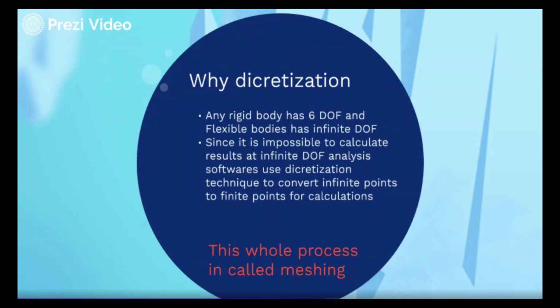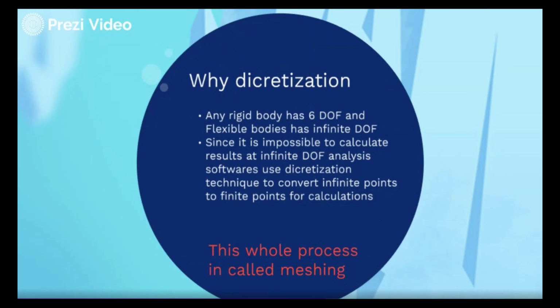Since in rigid bodies the distance between any 2 points will be equal even if any external load is applied on it, all particles in the body will move as a single system, so it will have only 6 degrees of freedom, 3 translation and 3 rotation. But in a flexible body, every particle will have different degrees of freedom since there is no constraint for any 2 particles in a flexible body. Hence, a flexible body will always have infinite degrees of freedom.